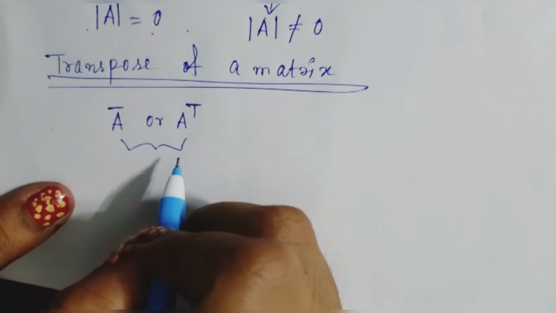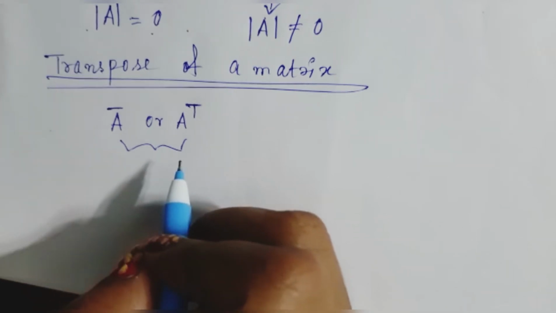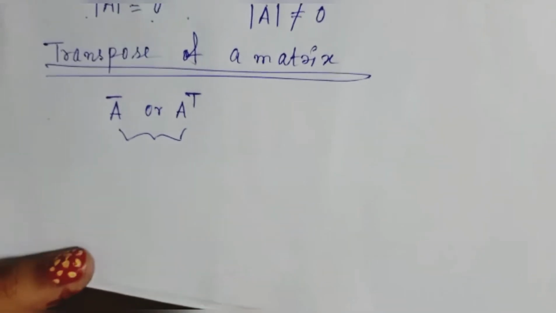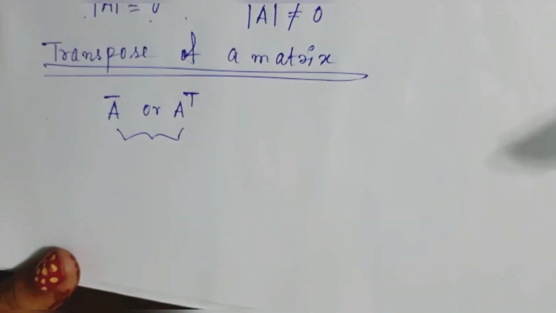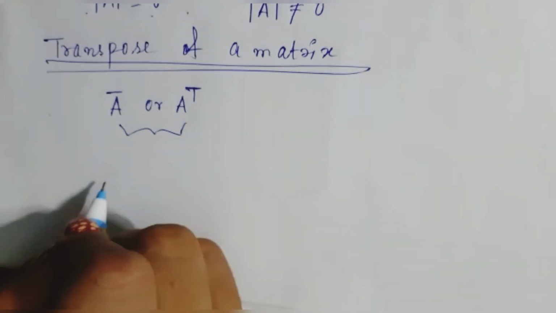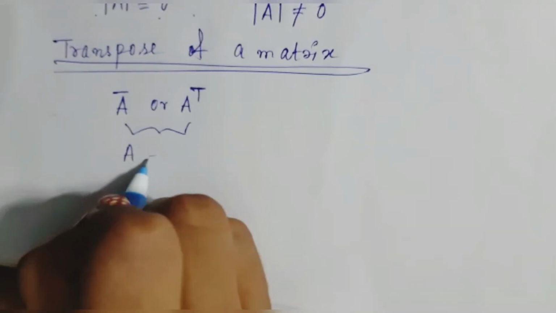What does that mean? How are you going to solve the transpose of a matrix? Suppose I explain with an example. Suppose you have A equals to